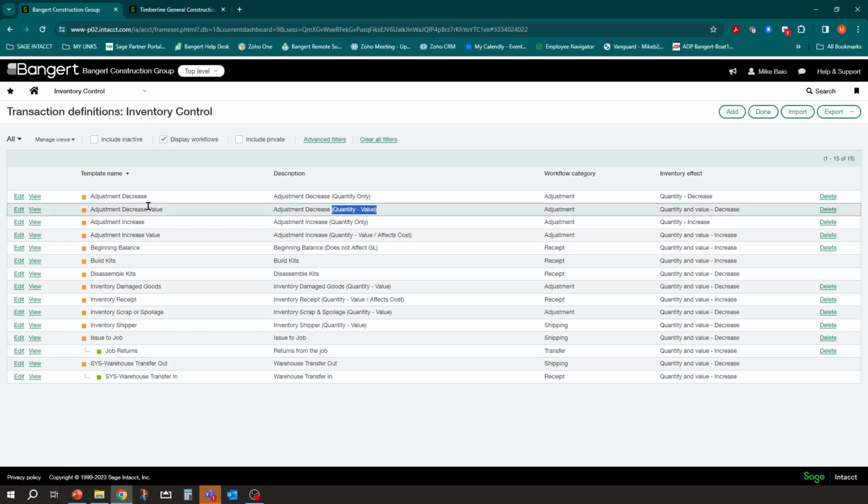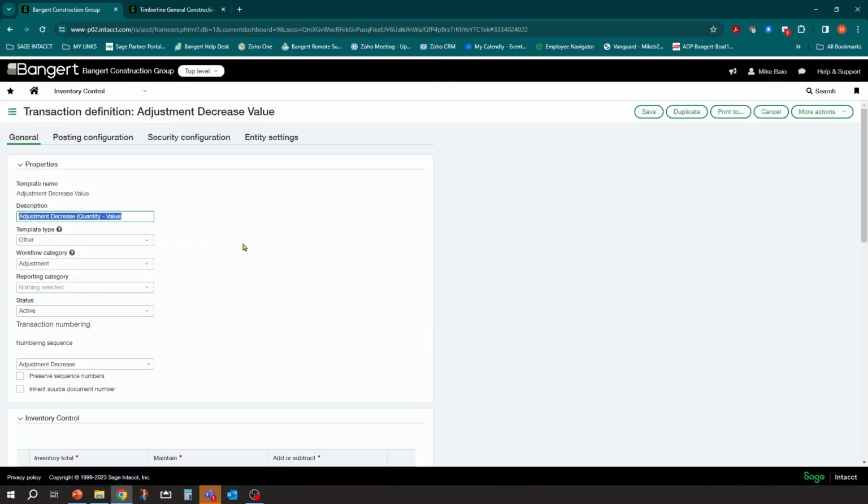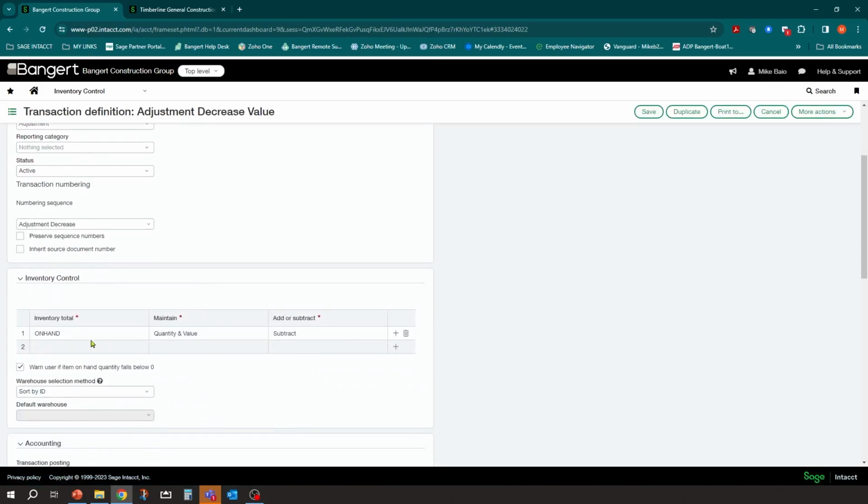But if I did a physical count and we had some spoilage or some damage, I need to decrease the value in the system. In this case, do I want to decrease quantity and value or just quantity? So if you look at the setup of these as well, under maintain, you can maintain different options.